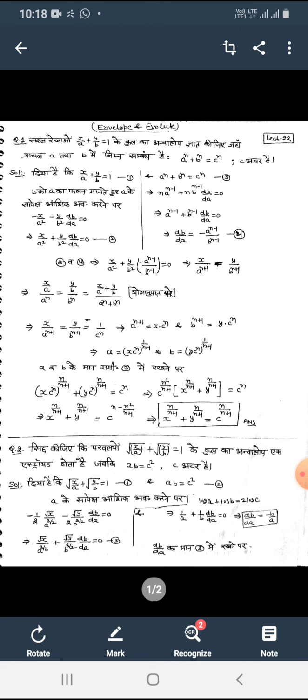कल हमने लेक्चर नंबर 21 किया था, आज हम लेक्चर नंबर 22 करेंगे। एनवलप एंड इवोल्यूट्स, एनवलप और केंद्र से रिलेटेड हम कुछ एग्जांपल्स, कुछ क्वेश्चंस करेंगे। क्वेश्चन नंबर 1,